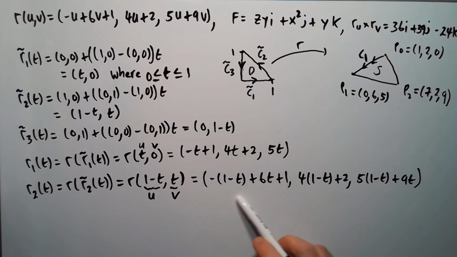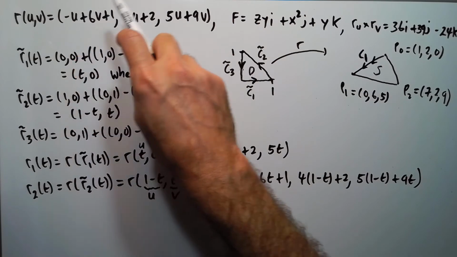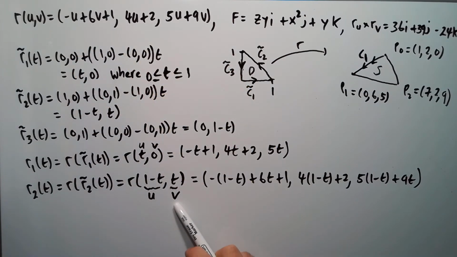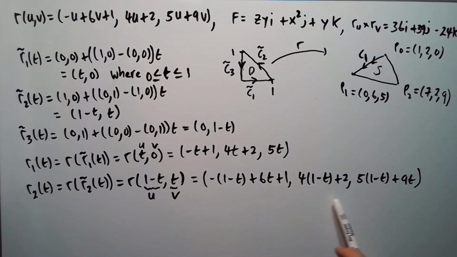So doing that, I get this. So again, I'm putting 1 minus t in place of u up here, here, here, and here, and putting t in place of v here and here. So I got this. So simplifying this, we get,